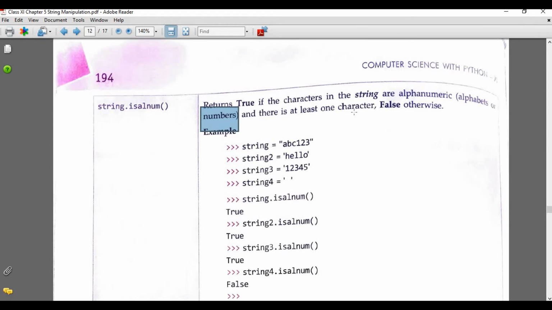If you write digits without quotes, it will not be accepted, because it is a number. If you write numbers like 1 2 3 4 5 inside quotes, it is considered a string. If you are not passing any character, quotes open and quotes close with no character present, it will return false.